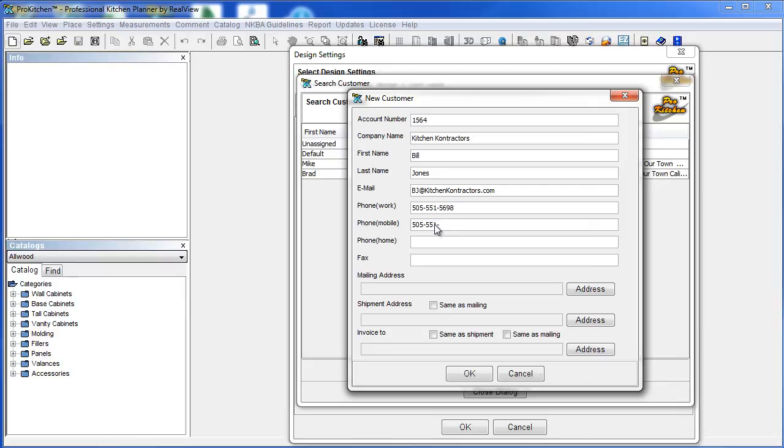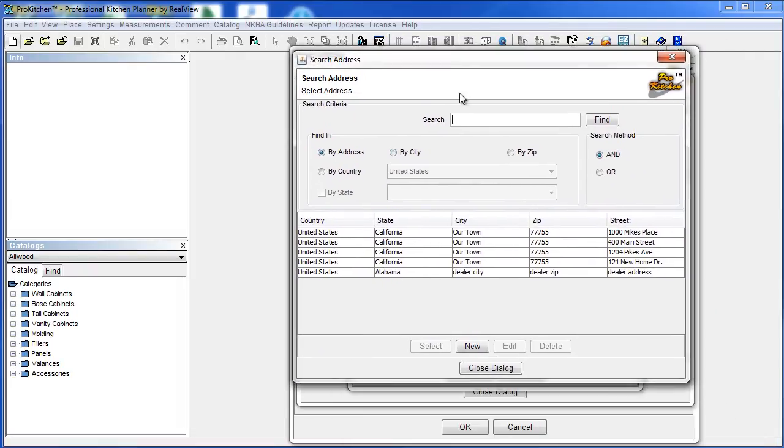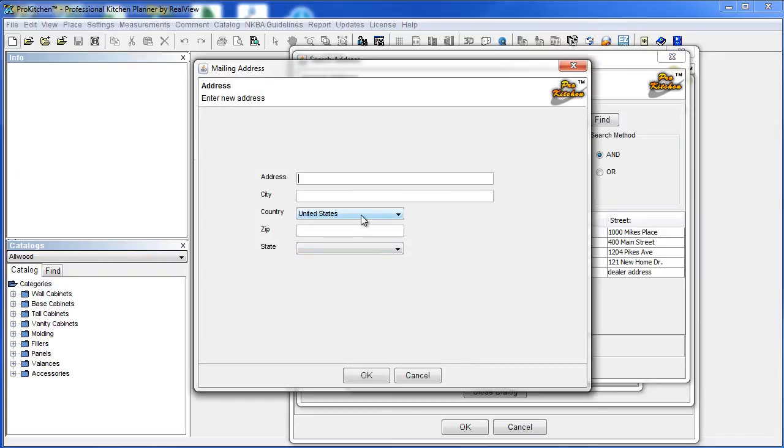Let's see, because these are purely random made-up numbers, and you can fill the rest of these out. We're going to assume we did. Address. I've got a couple of addresses in here already, but we want a new one because it doesn't quite add up here. So we're going to go New, and we're going to make this address